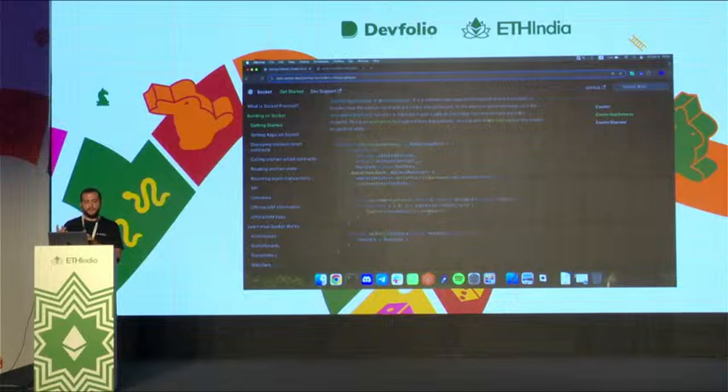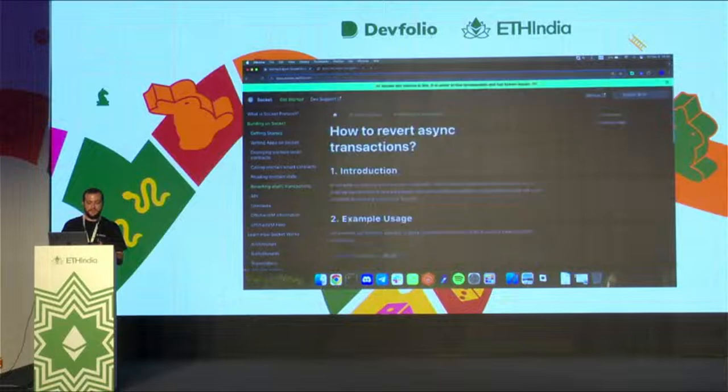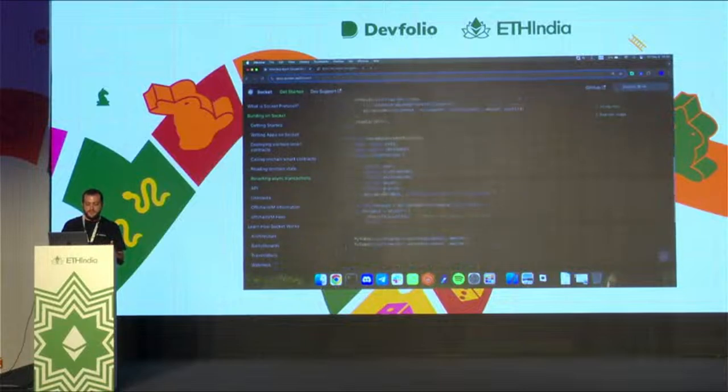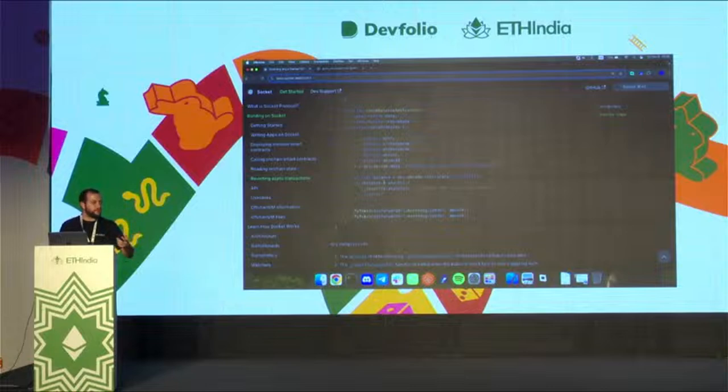And here is where you actually make it shine, and Socket shines, is that you can trigger these actions in these functions in an asynchronous manner, okay? We have a way that we can trigger that. You can also revert it. We have documentation on that too. So since we are triggering things that are asynchronous, how can we make sure that we can revert if some of the actions are not as we expect them to be, okay?